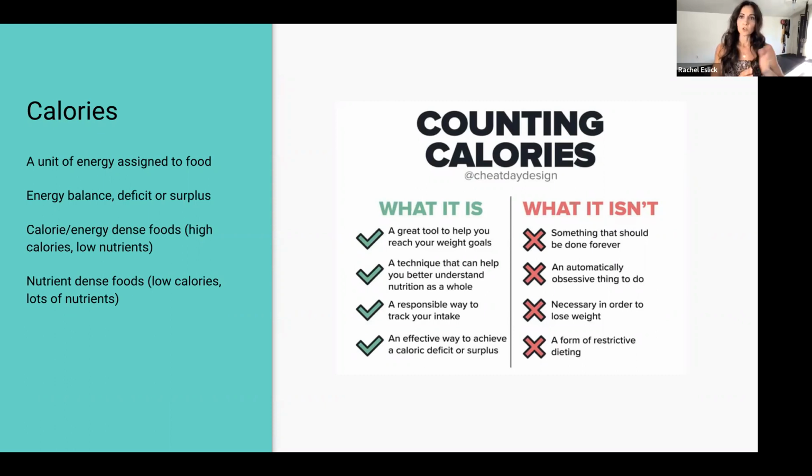So if you're on a low calorie diet or a high calorie diet, there could be any kinds of foods in there. Some of them are higher in value and lower in value. Some of them have more nutrients, some of them have less nutrients. Obviously, if we're trying to lose weight, we want to eat more foods that are lower in calories, that have higher nutrients in them than Oreos, which are going to be higher in calories, but lower in nutrients.